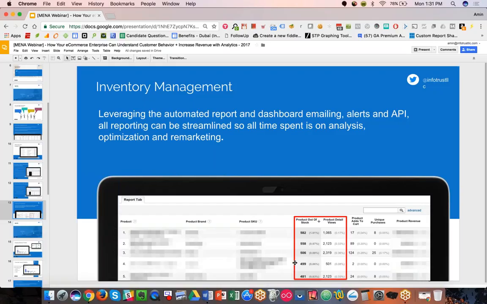maybe to send a quick email communication to all consumers, like, hey, just ran out of stock, this is when it's going to be back in stock. Or just so that there are some insights over time: which products have the most views, but also run out of stock, and at what frequency. What is the trend line for out of stocks, and how can we better address that moving forward? So this is just one niche, a little bit outside of the normal reporting with Google Analytics, but a custom capability and custom solution that you can have.